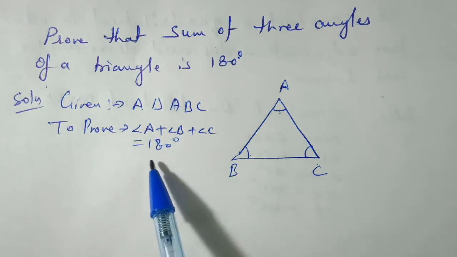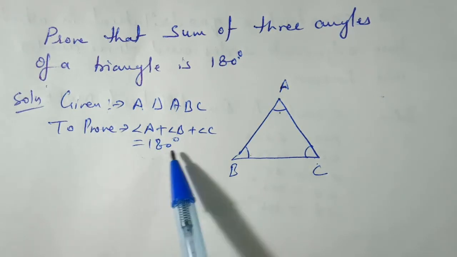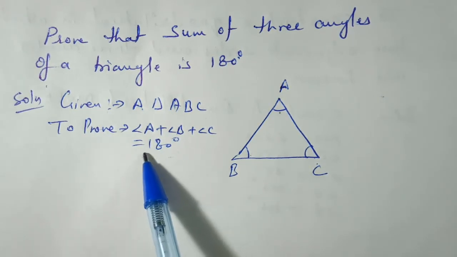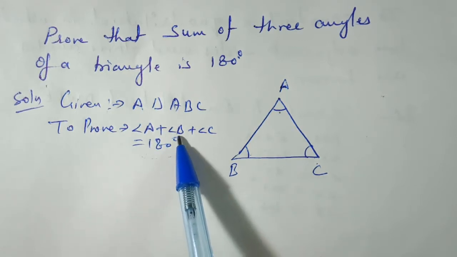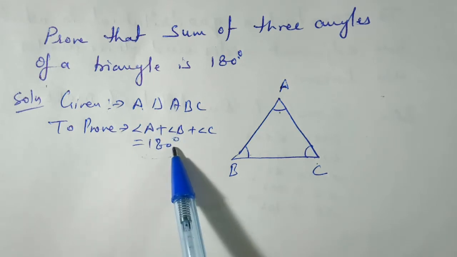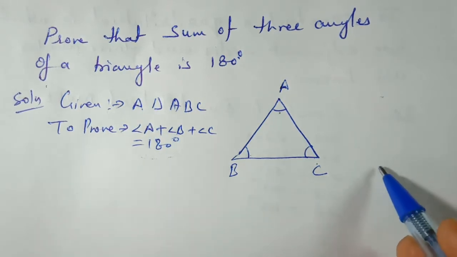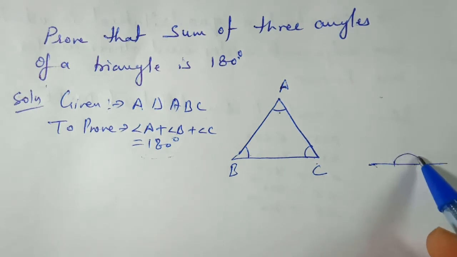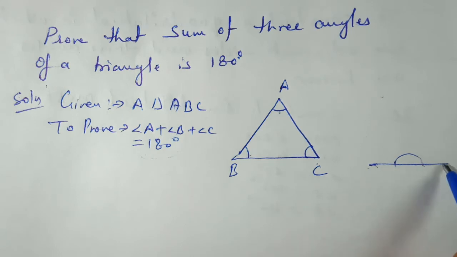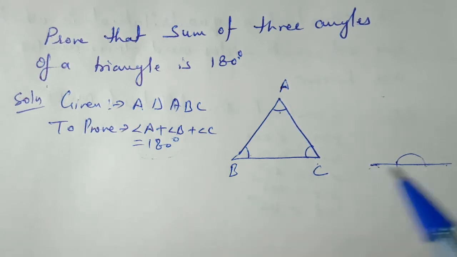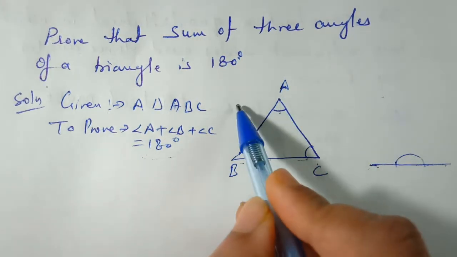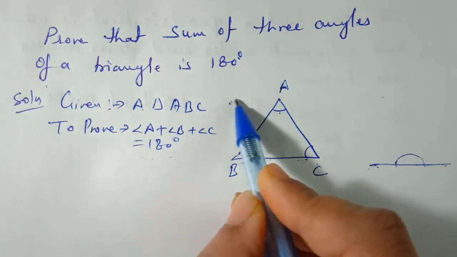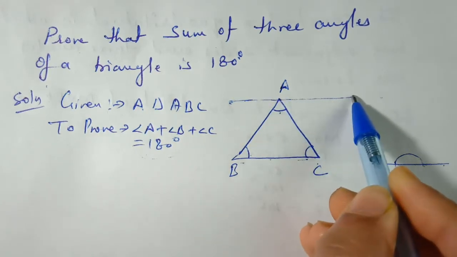Now, since we have to bring the angle 180 degrees, from where will we get the sum as 180 degrees? We have to think in which property we have 180 degrees of angles. We know that in a straight line, the angle is 180 degrees. So we have to do a construction. We have to draw a straight line. Now where do we have to draw it? This is the base of the triangle. Opposite to it and parallel to it, we have to draw a line.